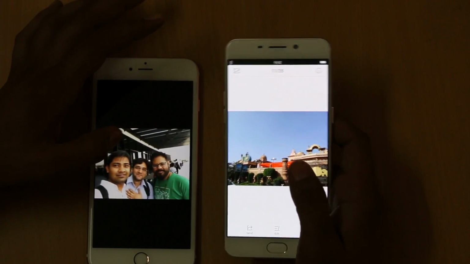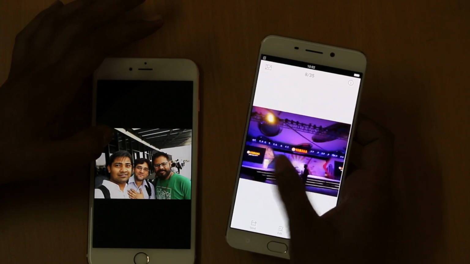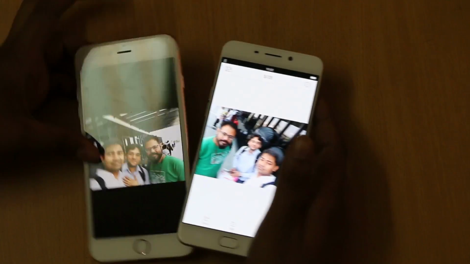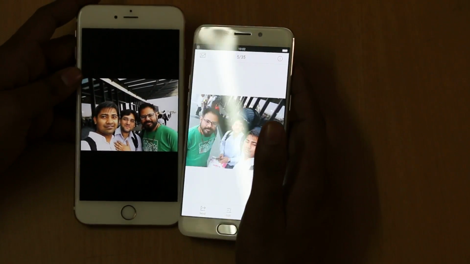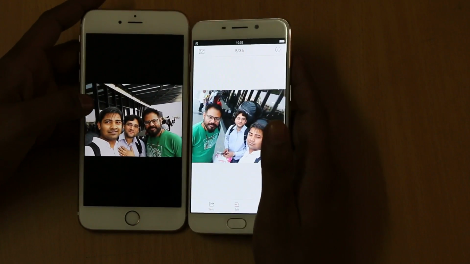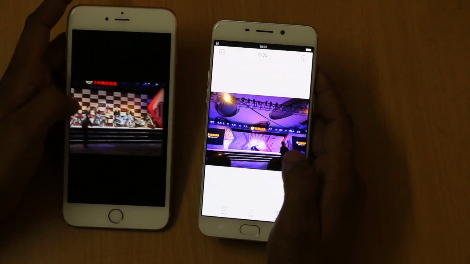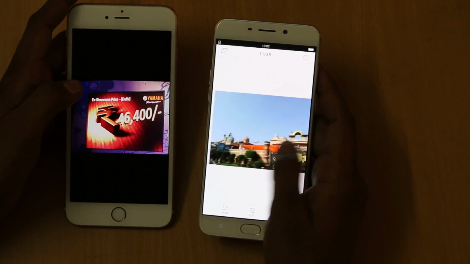And there are some images which can be compared, and you can see the color reproduction on the Oppo F1 Plus is way better when compared to the iPhone 6s Plus. And there are a number of images which can be easily compared.